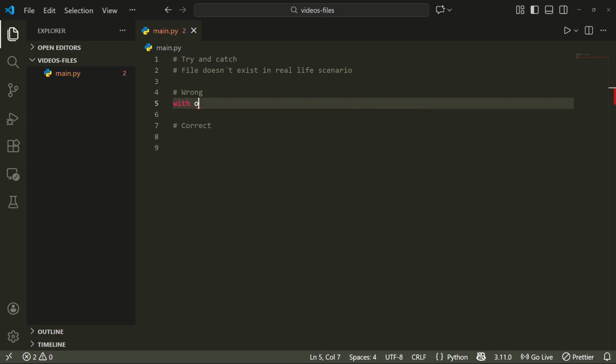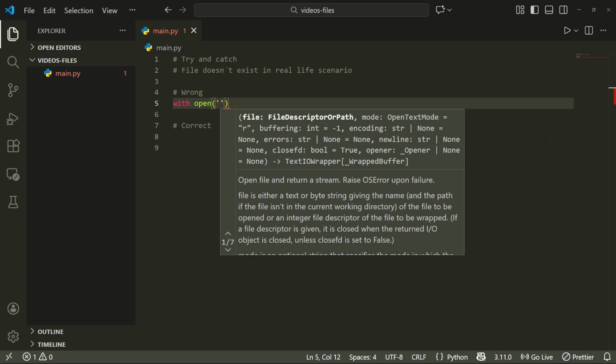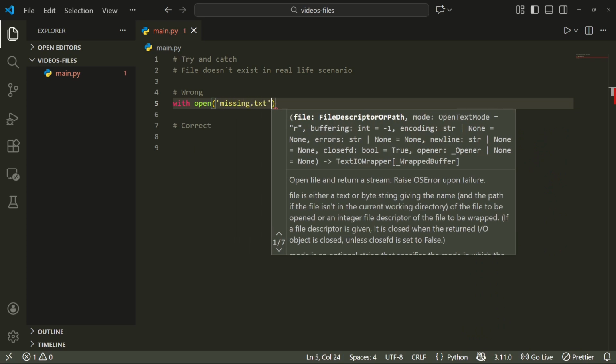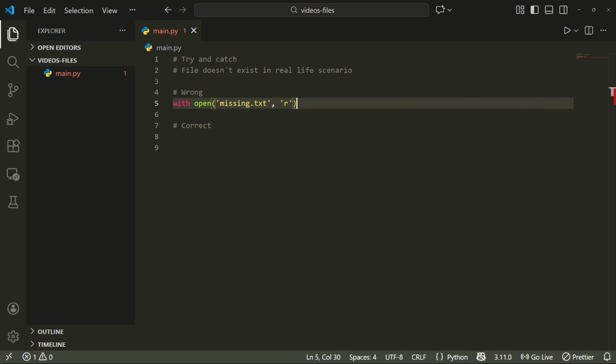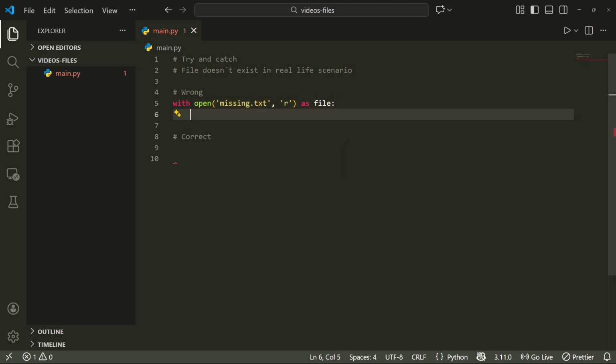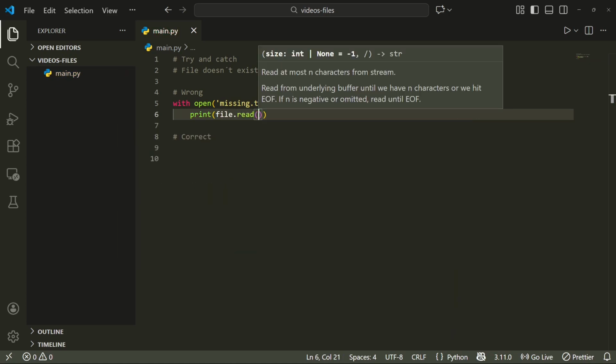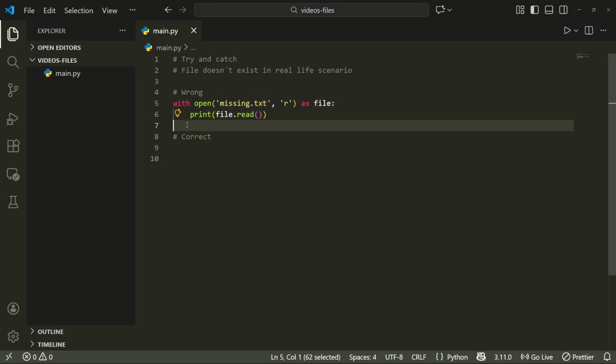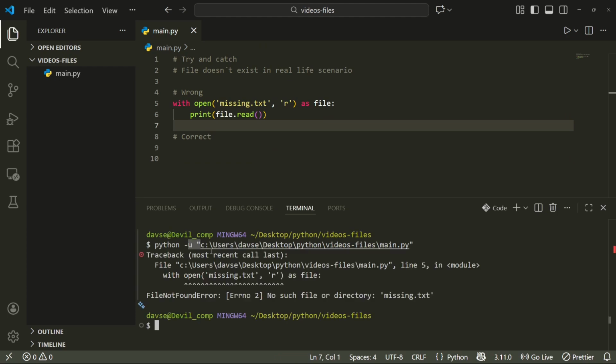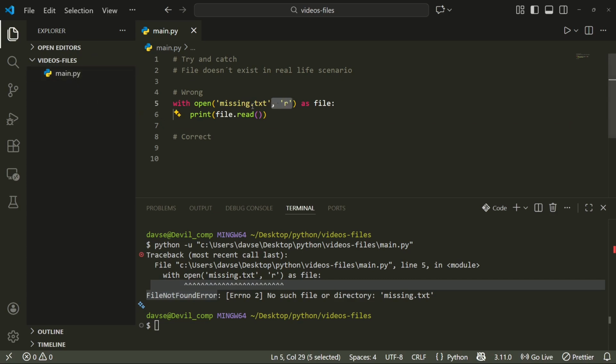So for example, if you try to open some missing.txt, okay, and I try to read from this file, and I will print file read. Okay, I try to read the content of this file. So if I run it, you can see there's an error. We call it file not found error. It's a special type of error. Okay, and this means that we try to read from the file and the file missing.txt doesn't exist,